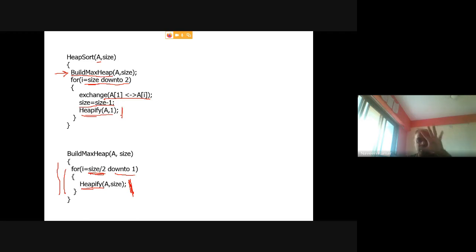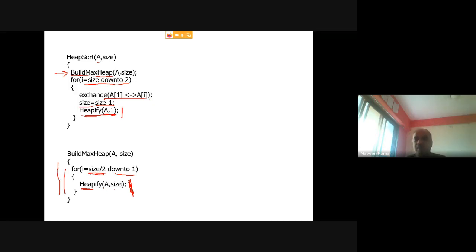So condition is if left subtree is already max heap, right subtree is already max heap, and problem is with the root node, you need to fix root node element at its correct place. Then call this Heapify algorithm. So Heapify will always be called at the root node in some array A. So problem is with the root node, right? So here we will always send 1, means root. So we need to fix that root somehow.